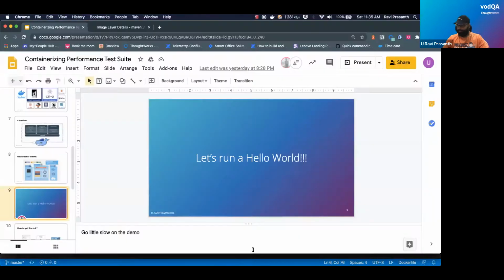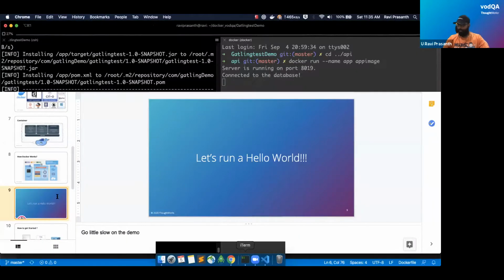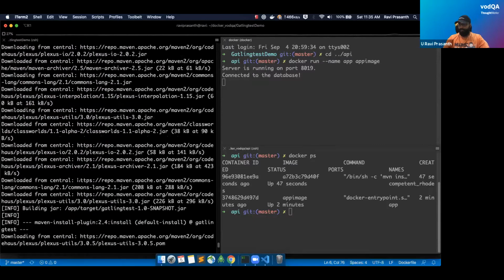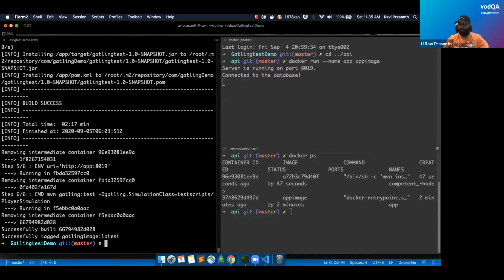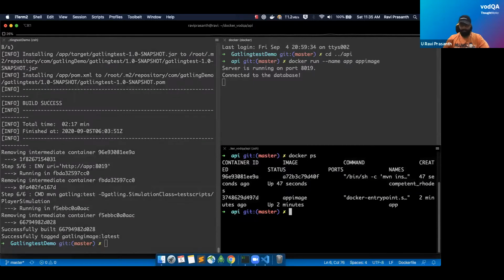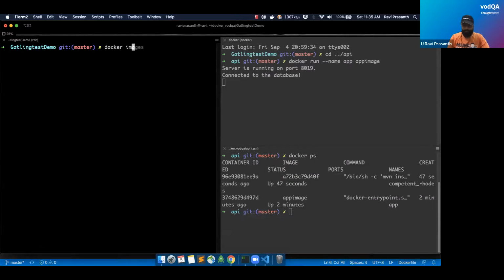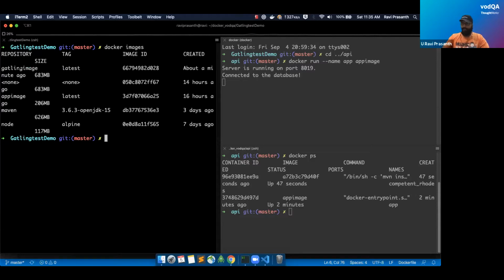So let's see your Maven. Okay, cool. It is done. So we can see that the Maven has run and it has built the image. All that time it was just building the image. We can see the images now. It is already done. So now I'm going to run it. In the beginning we've seen the older image has gone to none, so the newer image that we have built has come to Gatling image.